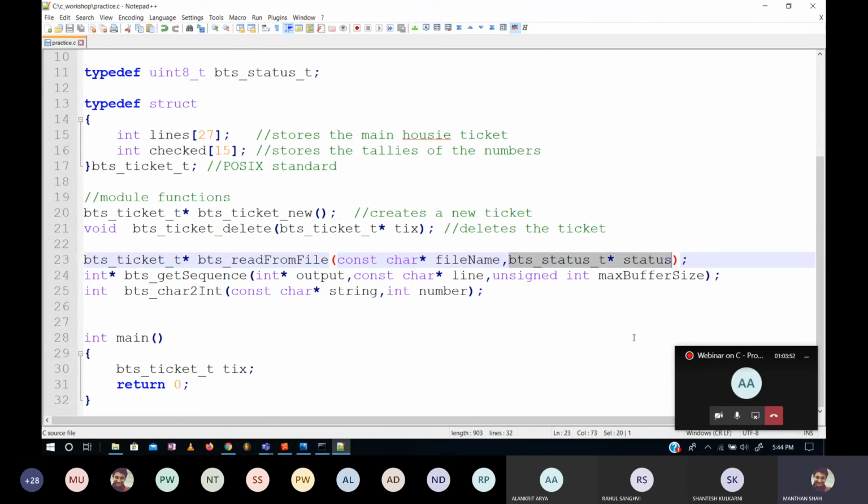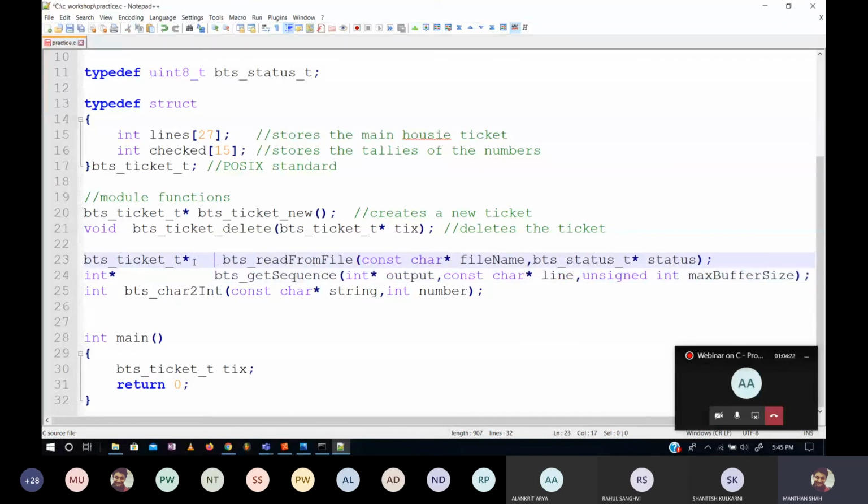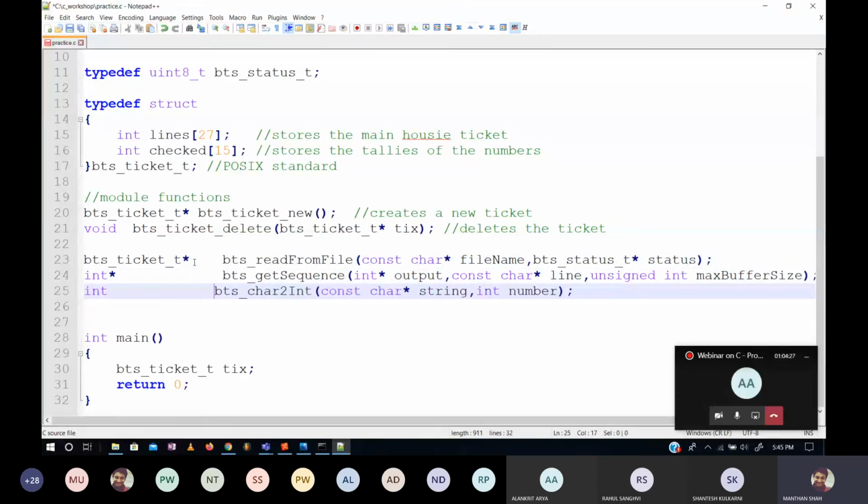And then there is bts underscore status underscore t star status. Usually मैं most of the functions में ये एक parameter end में डालता हूँ. क्या होता है कि I'll provide it with a variable to the function and I will tell it कि boss तुम्हारा जो भी program का status है वो ये variable में डालो. So after every function I will read this status so that I will know whether the function went properly or not, and then I can decide उसके हिसाब से accordingly. Alright. Nextly, तुम लोग देखोगे तो every function starts with BTS, which is the module's name, and that actually brings in some kind of uniformity.